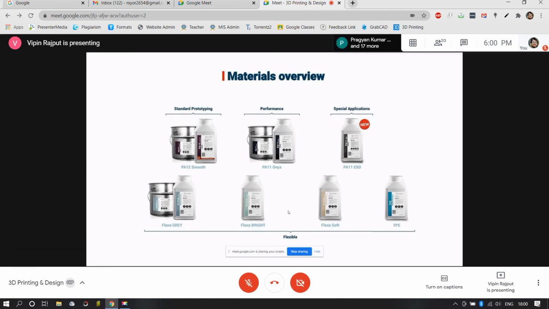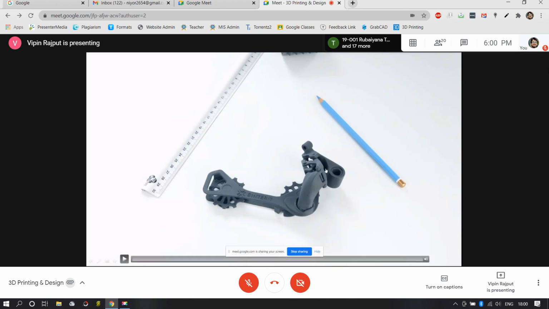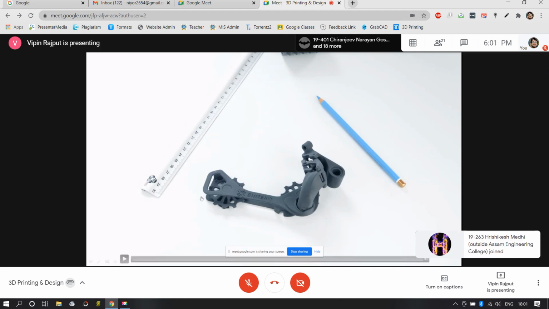Furthermore, the specialty about this particular machine is, let's say none of the materials offered by Sinterit is useful to you and you want to use some other powder material in your printer. This machine can be used as open source and you can use your own powder inside the machine. Furthermore, these are some of the prototypes printed from this machine, and these are moving parts printed as an individual model without any supports, and this is an integrated model. Whatever models you see as of now, those are printed as one.